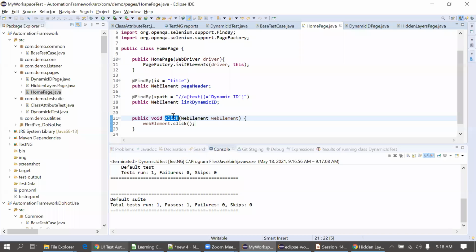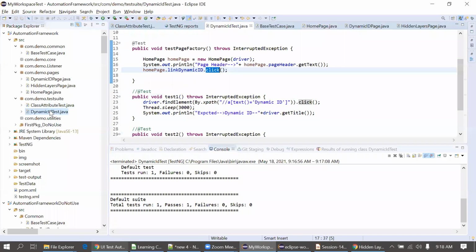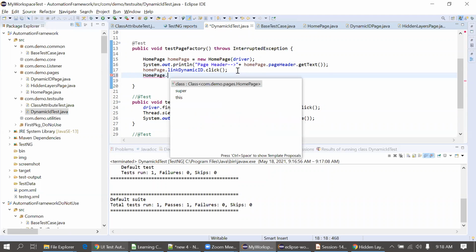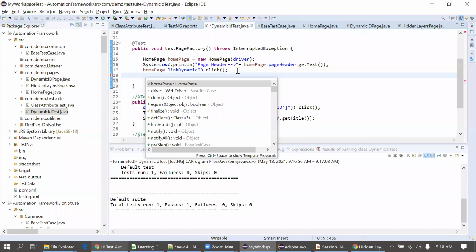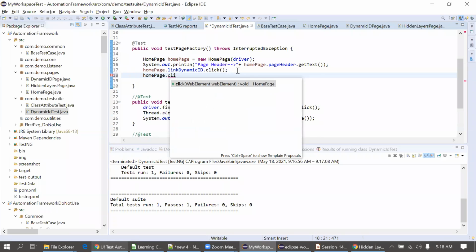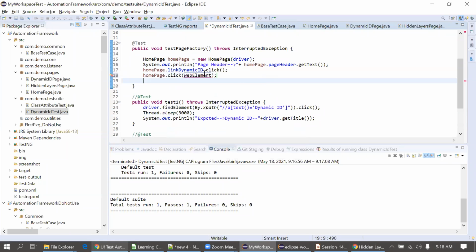So I have created one method named click. It's the same name as we have given in the test case. Okay, so I'm just going to insert this ID. I will just type home page dot. This is a class name. Actually, I have to use the object dot click, and in click we will just pass this.